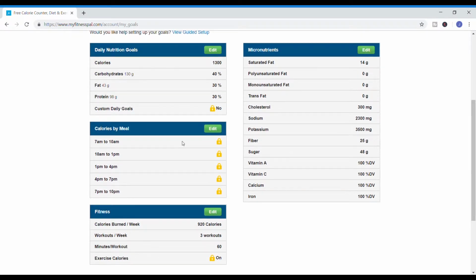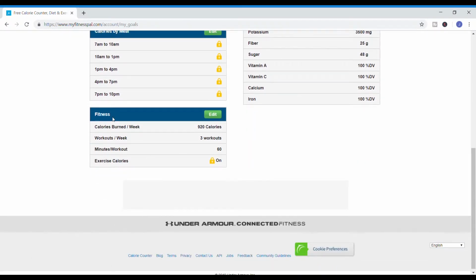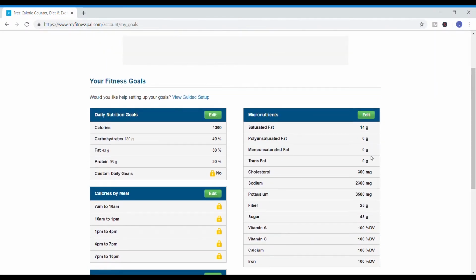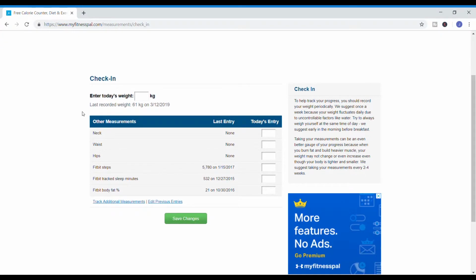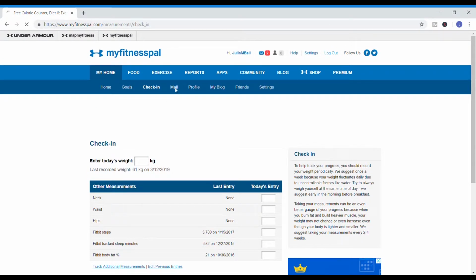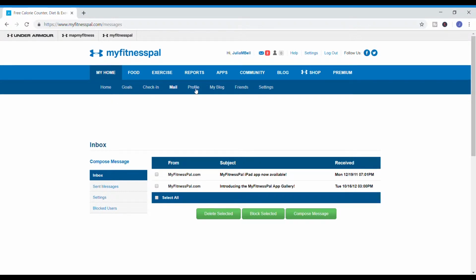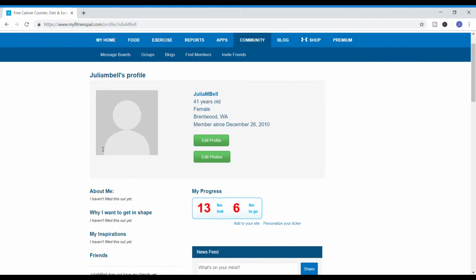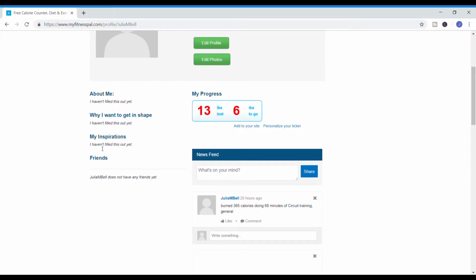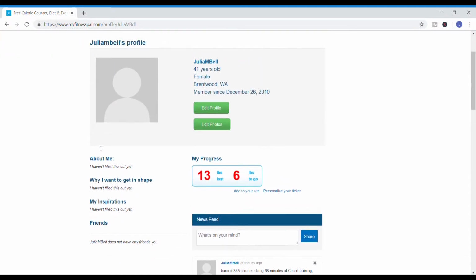Some of this is locked content, so you can't really get into that because it's for the pro version and you're not paying for the pro version. You can do check-in weights there, etc., but you're going to be checking in on the progress sheet with me, and then you've got your profile there. So the desktop version